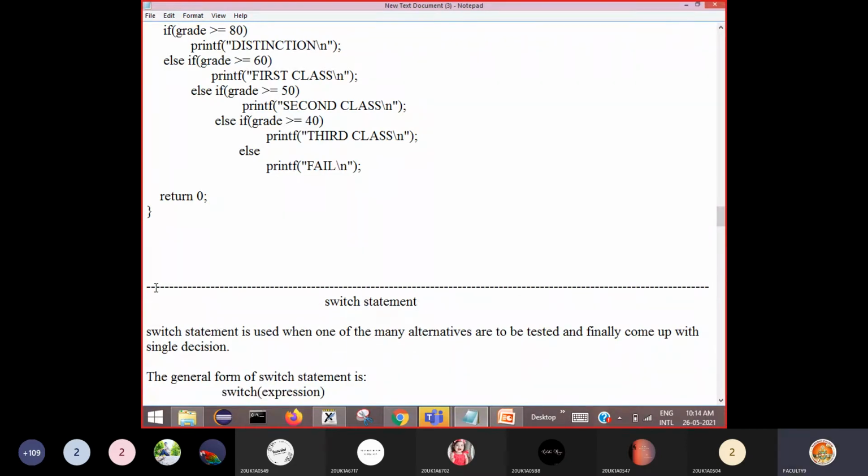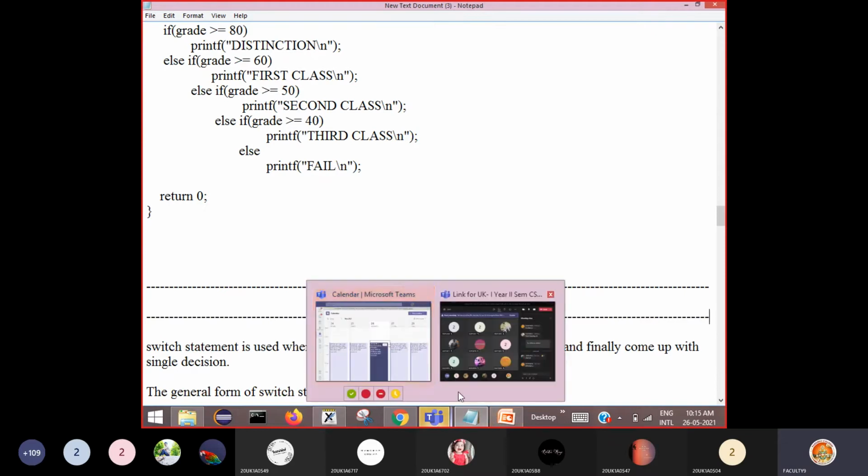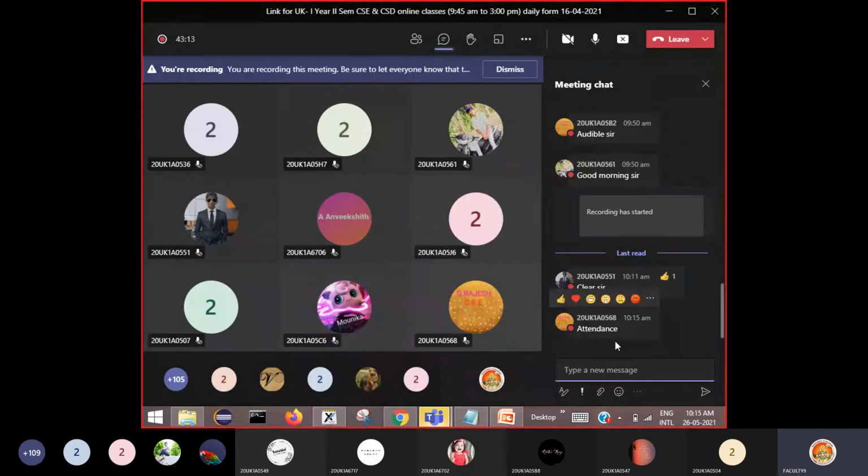You might have observed the electricity bill in your house. The person who comes for recording the meter reading enters the current meter reading and immediately you get your bill. That is the best example because there are different ranges. That means if your usage is between 0 to 100 units, one type of calculation will be performed.